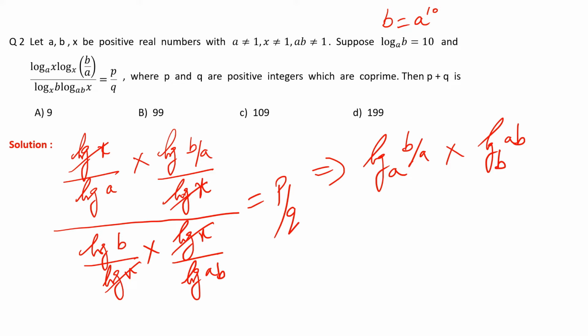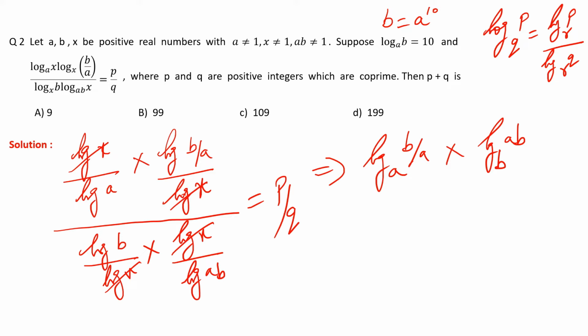Those students who do not know the property which I am using, let me explain. Log p to the base q can be written as log p to the base r divided by log q to the base r. This is the property I am using over here, right? Now,